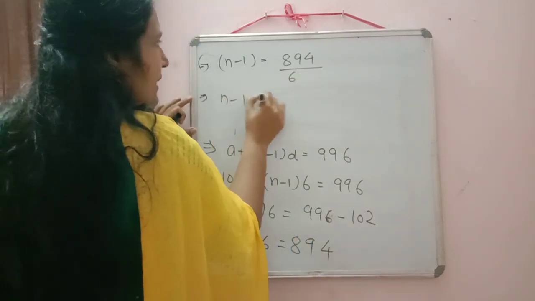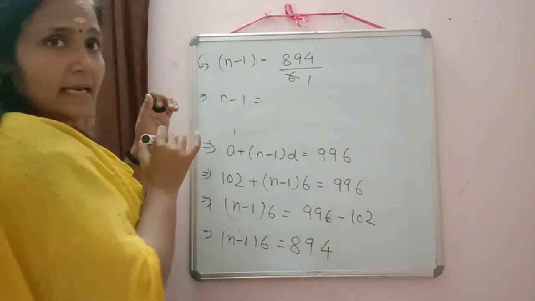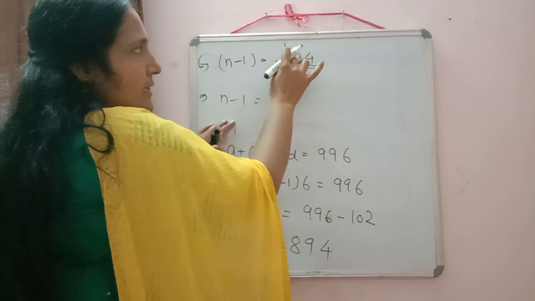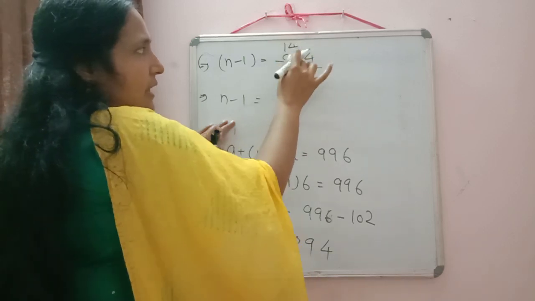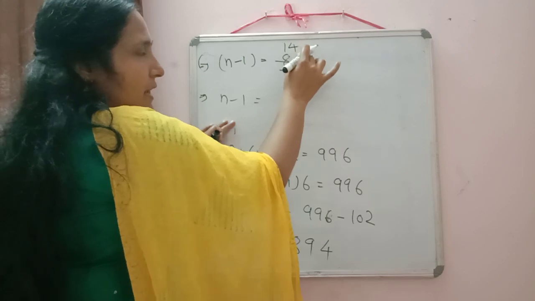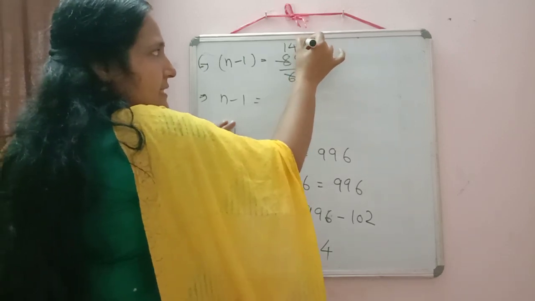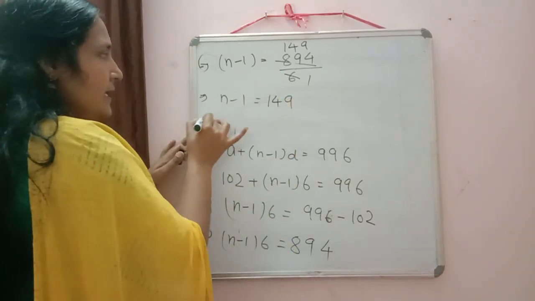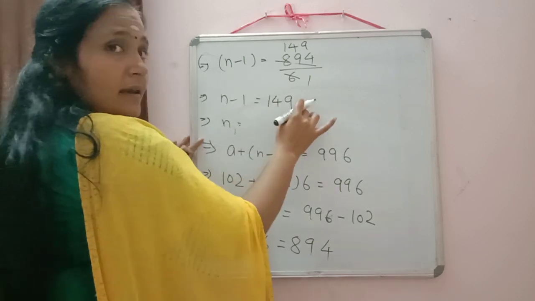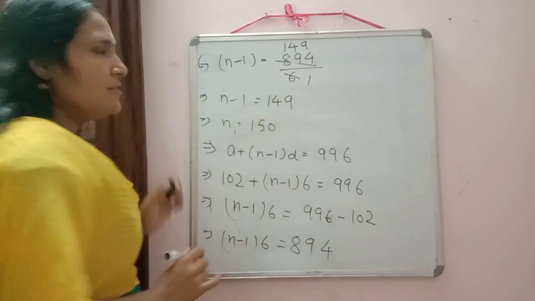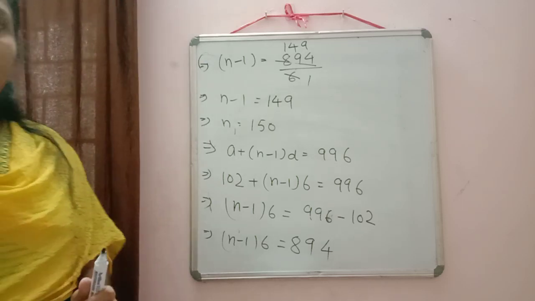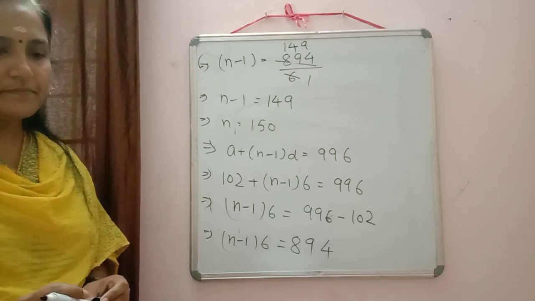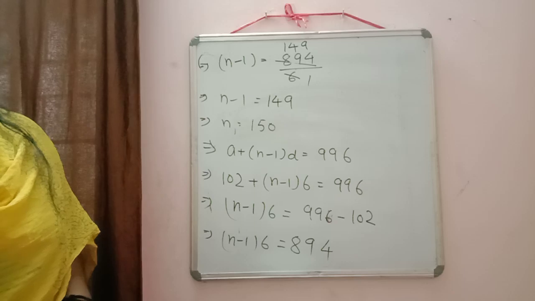Now we can divide it by 6. Here directly I am doing by 6 only. 6 ones are 6. So 8 minus 6, 2 will come. So we'll write 6 fours are 24. 9 minus 4, 5. So we are getting here 54. 6 nines are 54. So n minus 1 is equal to 149. So n is equal to 149 plus 1, 150. So total 150 three-digit numbers are there which are divisible by 6. Hope the method is clear to you. Okay. Now we'll move to the next question.